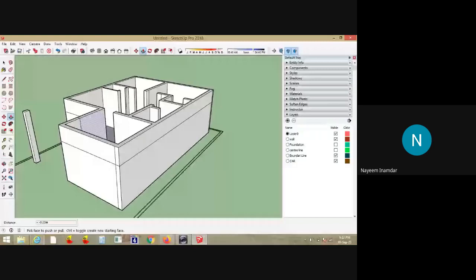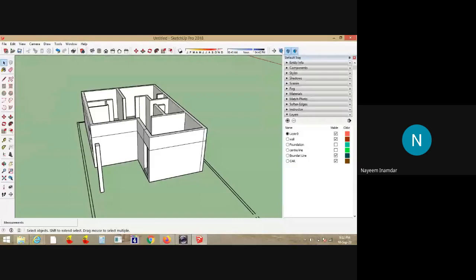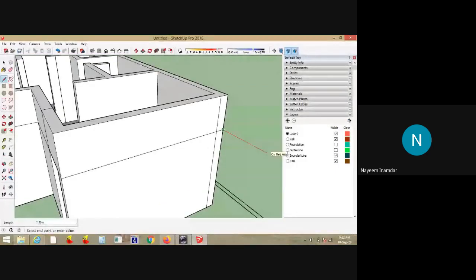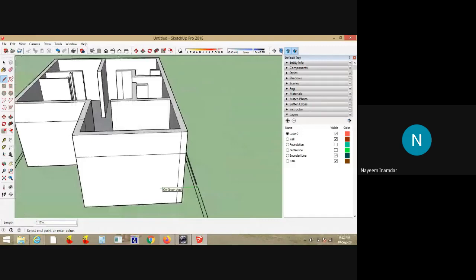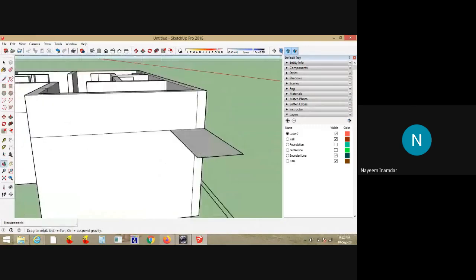So again the same thing. Even you can have the staircase here. How to do it? Because if you don't know how to do the staircase, then it will be difficult for you to show the staircase position. I'll just draw a line here. Suppose the landing has a length of 2 meter or 1.8 meter. 1.8 meter I'll take, 6 feet. Suppose it is 0.9 meter, I'll take this as 0.9 meter. I'll just close it. So this is the total landing.